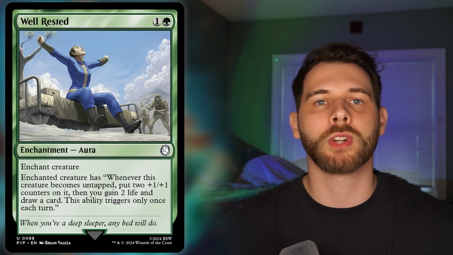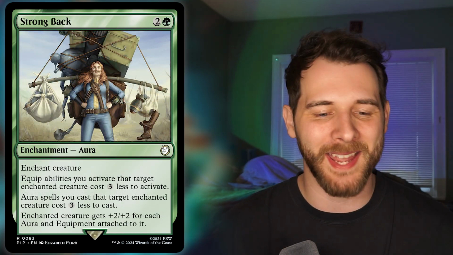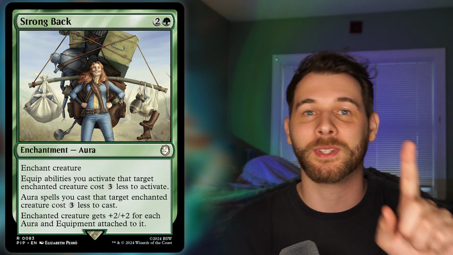And then also draws you an additional card on your turn just to give you more options. Strong Back is 3 mana, keeping with the Fallout theme here. It lets you equip things to the enchanted creature for 3 less, but also aura spells you cast that target the enchanted creature cost 3 less, which is very nice. And then the enchanted creature gets